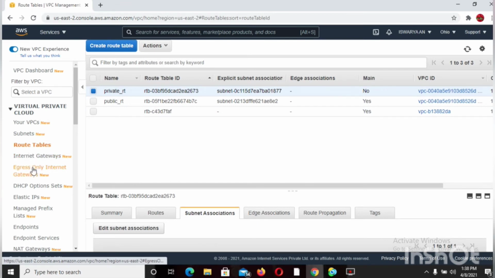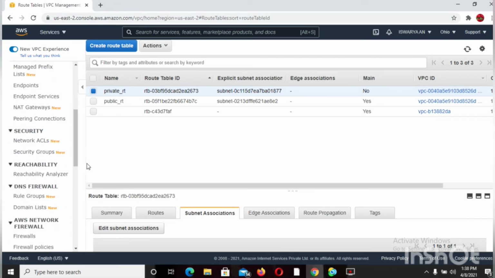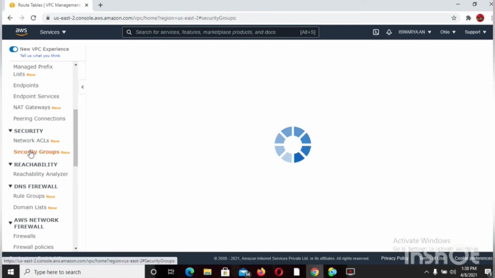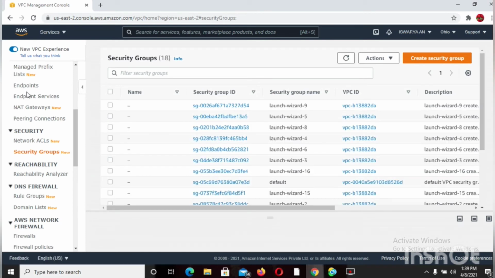Now we are going to create a security group and the network ACL. For that, click security groups. We are using it to protect our AWS resources from the internet. While creating the VPC, one security group is automatically created by default, and we are just going to rename it.